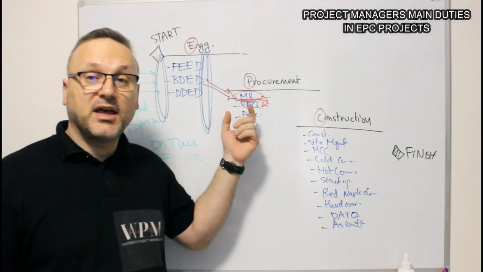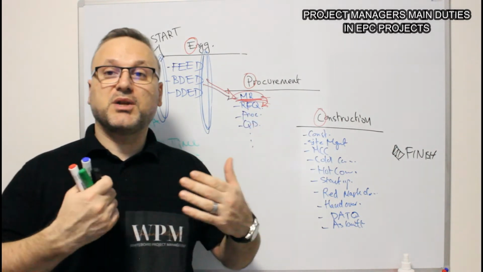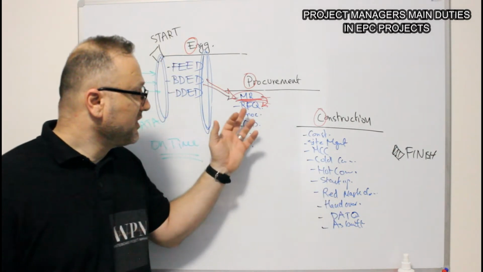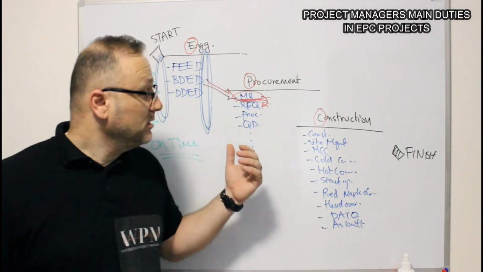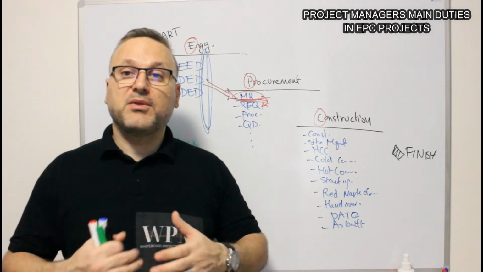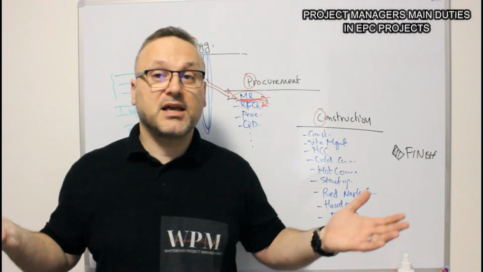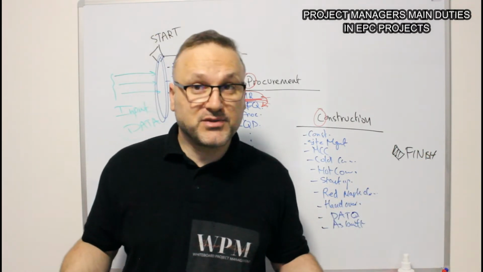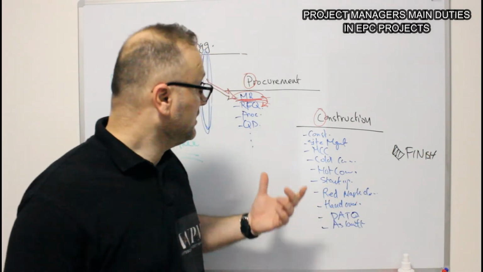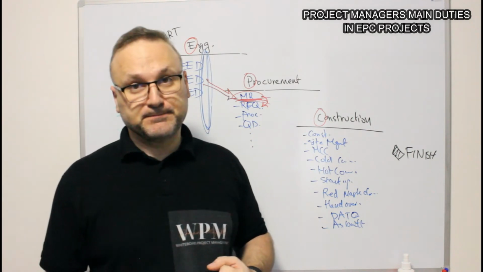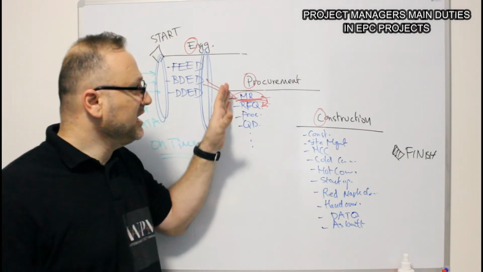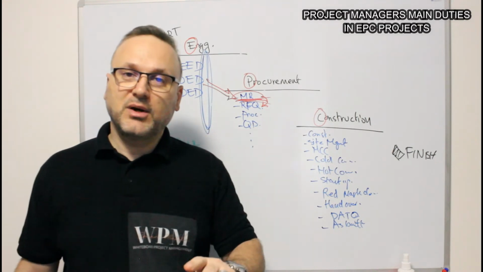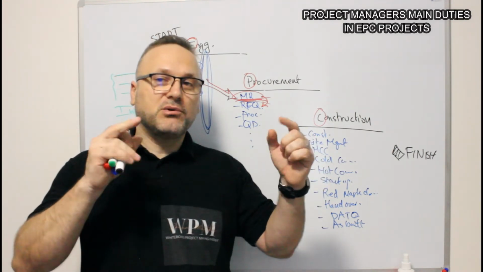Because of the request for quotation, once you request the quotation and you order everything, your procurement is executed and you need to deliver everything. Now the long lead delivery items could take like 12 months or 16 months. It depends on the manufacturing, what you are going to order. So make sure that your schedule here for the procurement is set well and you are ordering the long lead